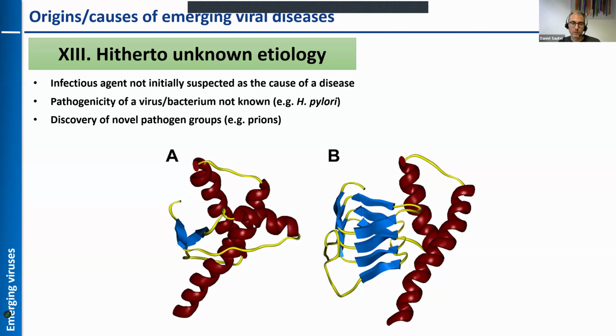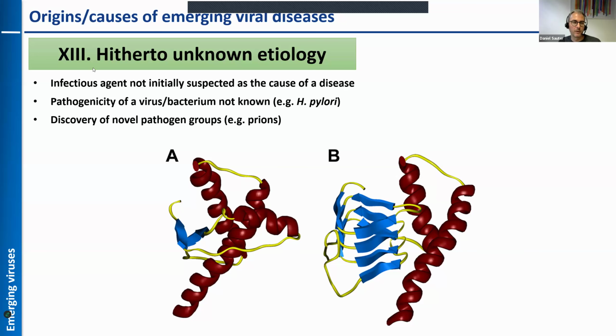Or we have talked about prions before. Prions are a nice example for the discovery of an entirely novel group of pathogens. I've shown you these examples of bacteria, parasites, fungal infections, and viruses, but who knows if there's yet another entirely new group of pathogens to be discovered that is different from everything that we know today. So just keep that in mind also, that there might be yet something else to be discovered.